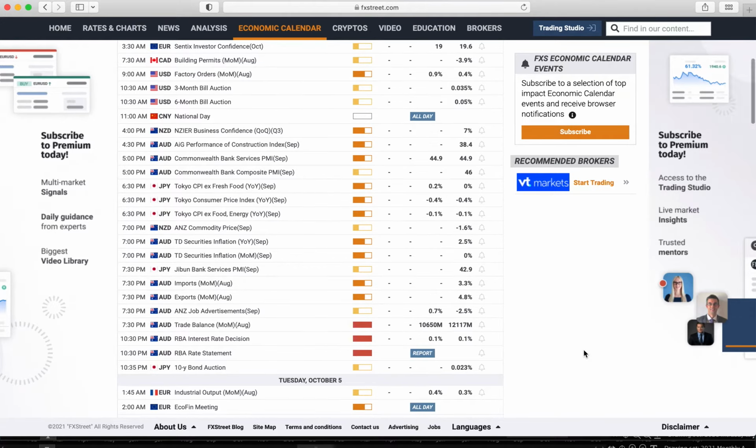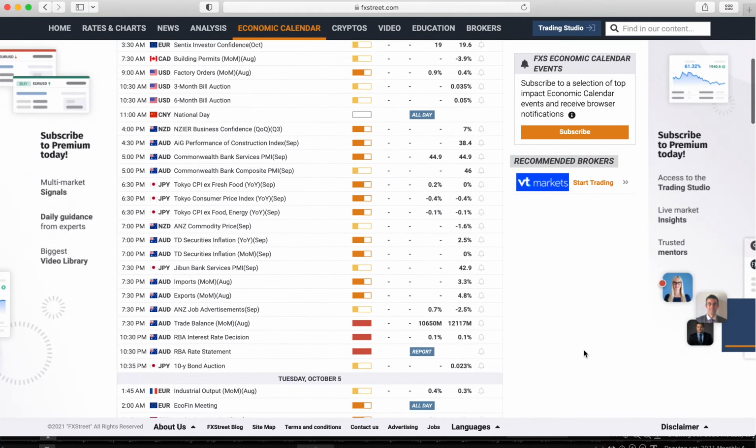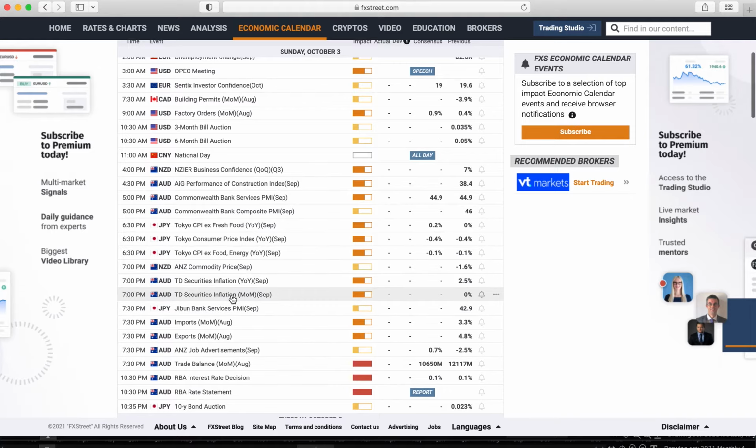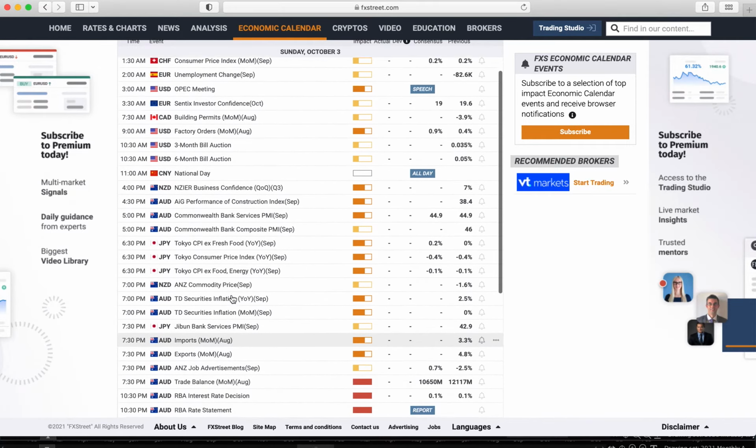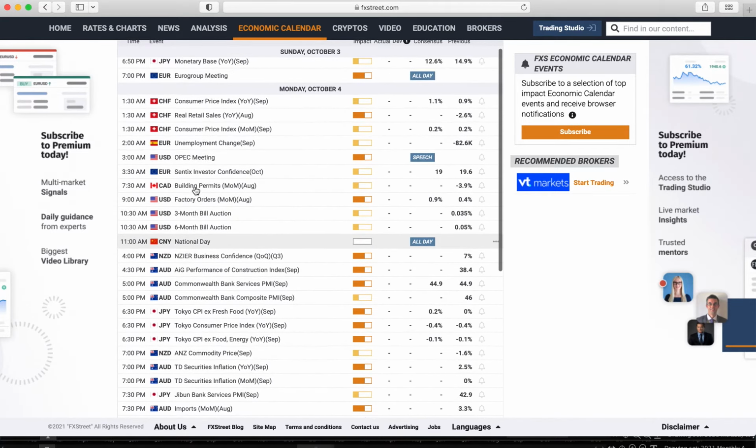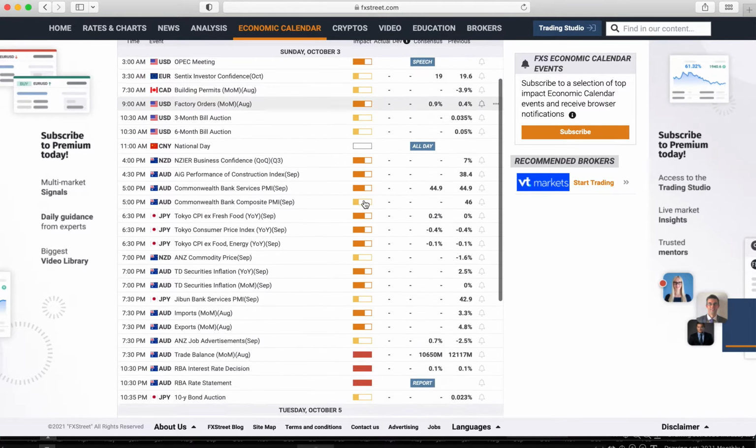Okay, so China's closed on Monday. As far as U.S. data is concerned, I have my chart here set to Central Time, so remember to add an hour to what I'm showing you here. We got U.S. factory orders at 10 o'clock Eastern Time. That's about a medium impact on the market, but still it'll move things on Monday, so keep that in mind.